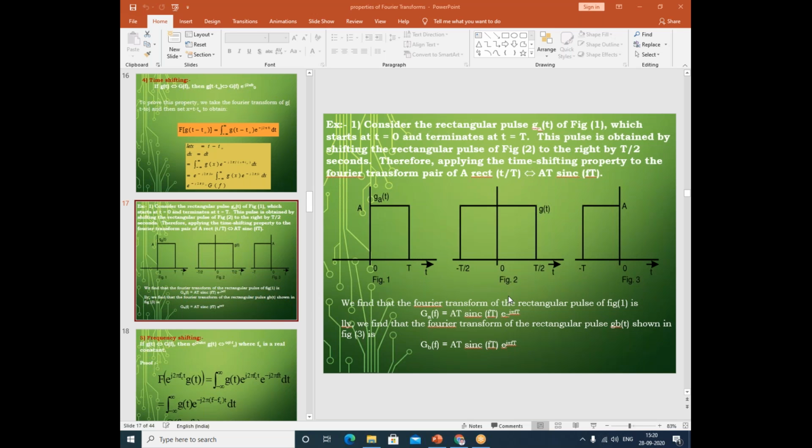Figure 1, figure 3, observe the difference between the two. See what figure 1 is and what figure 3 is, when compared with figure 2. Compare figure 2 with figure 1 and figure 3. When figure 2 is compared with figure 1, how does it shift? How is figure 1, and how is figure 3?